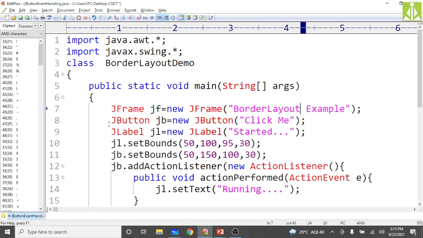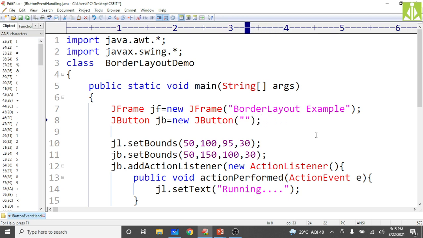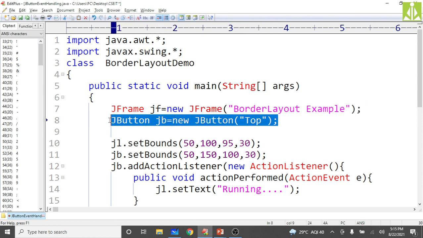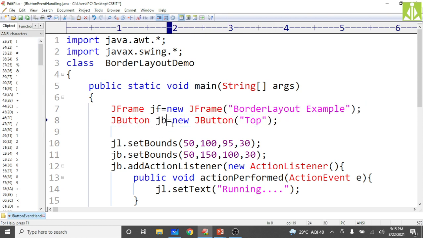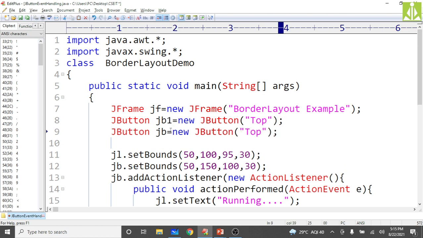Now buttons, I will create all buttons. Click me, here I will put the label as top, because I will put this button at the top. JButton JB1 at the top. Then the next one, another button JB2 at the bottom.